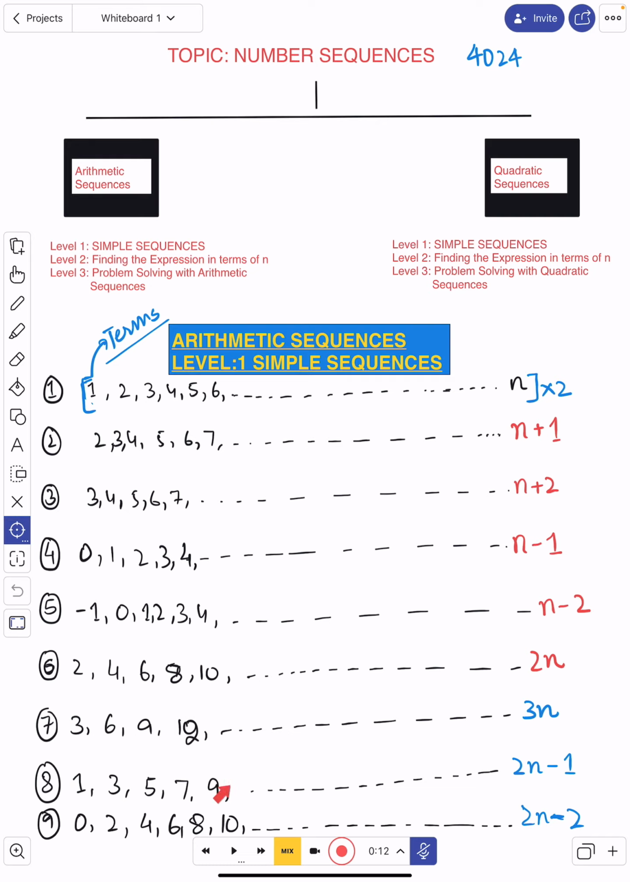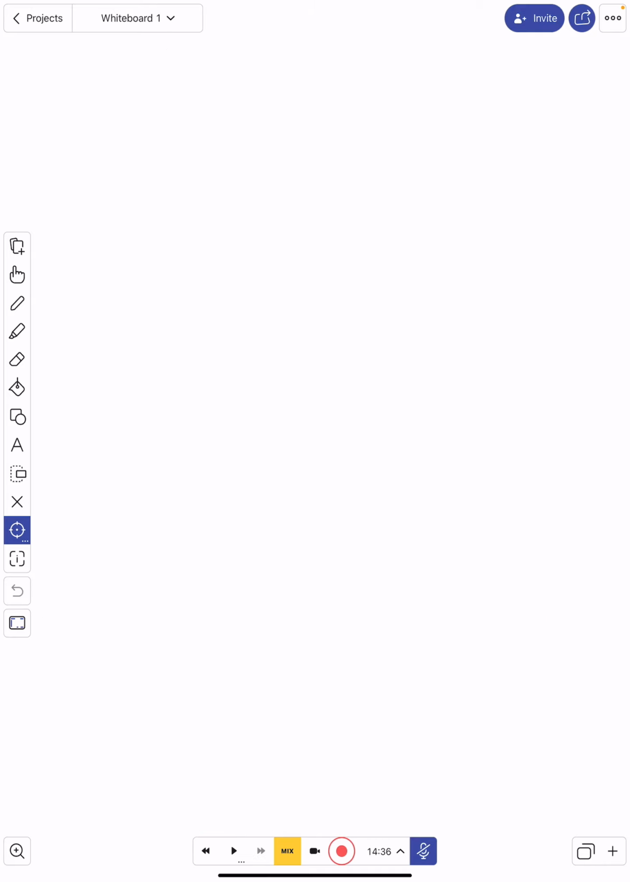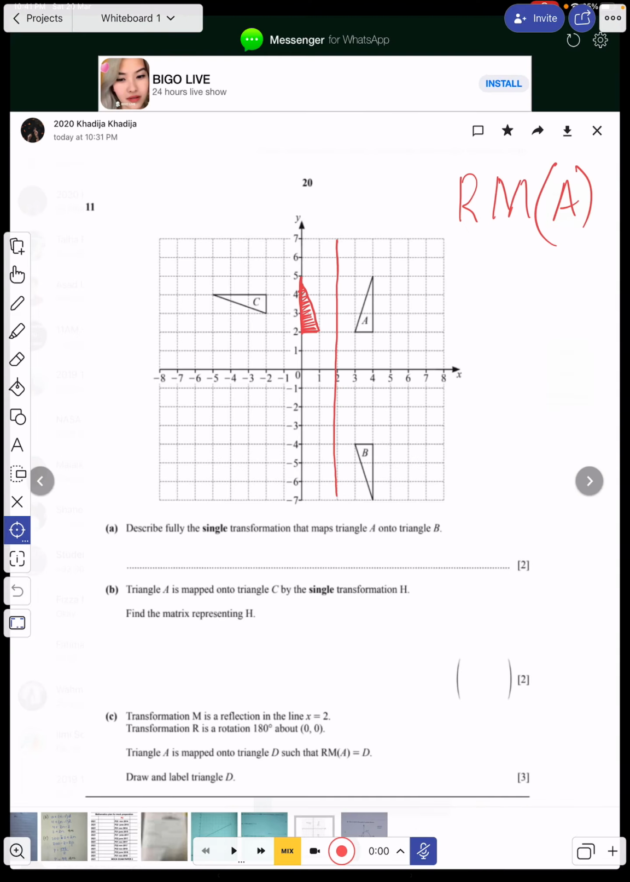1 3 5 7 9. All right, this is the odd number sequence. You have to remember, you have to learn this: 2n minus 1. Then 0, 2, 4, 6, 8, 10. How you can just